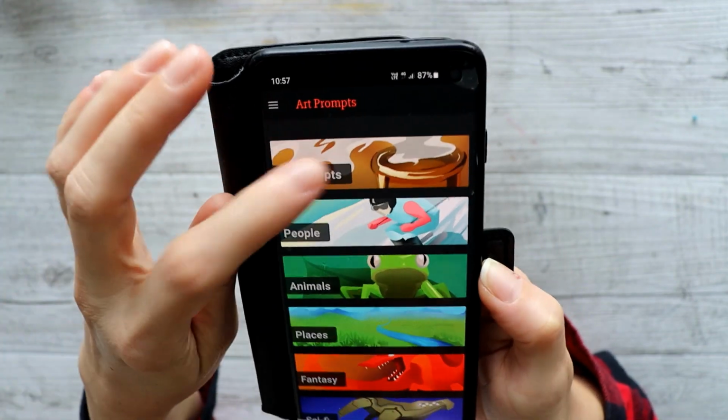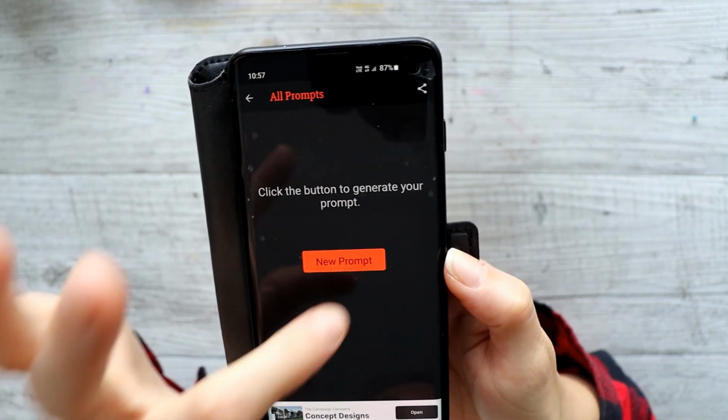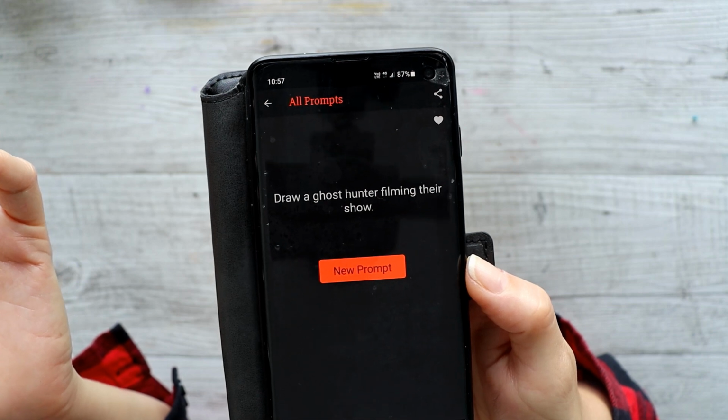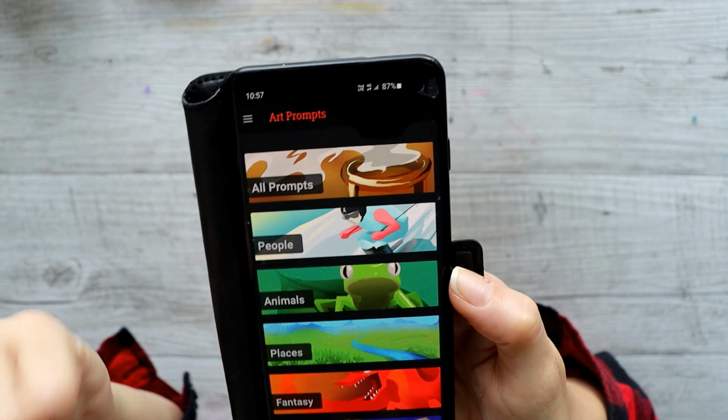So, you open it up and it has all the prompts. If you click on all prompts, it will combine them all and it'll generate a prompt. So we'll just do an example. There you go. Draw a ghost hunter filming their show. You know, just stuff like that. So yeah,